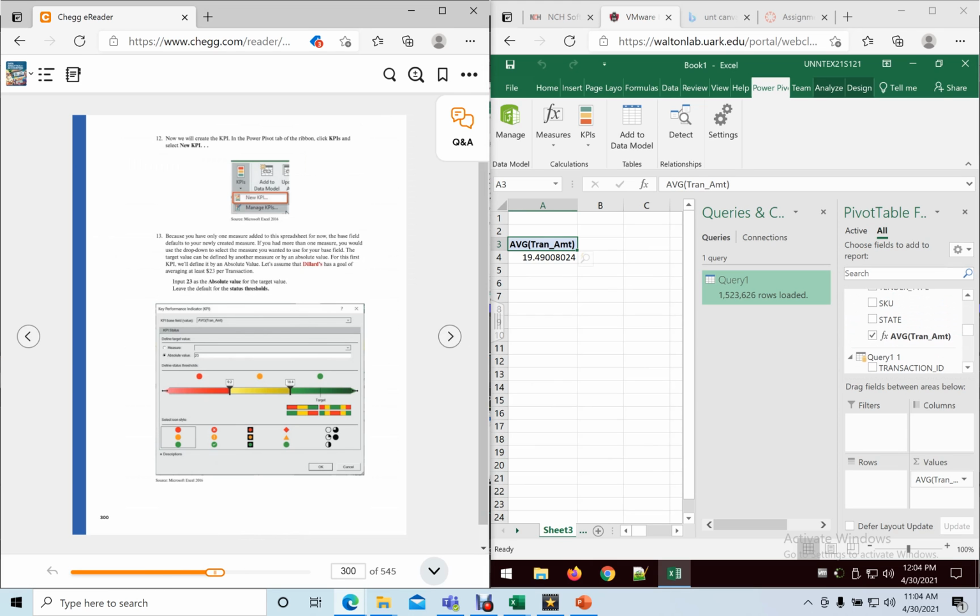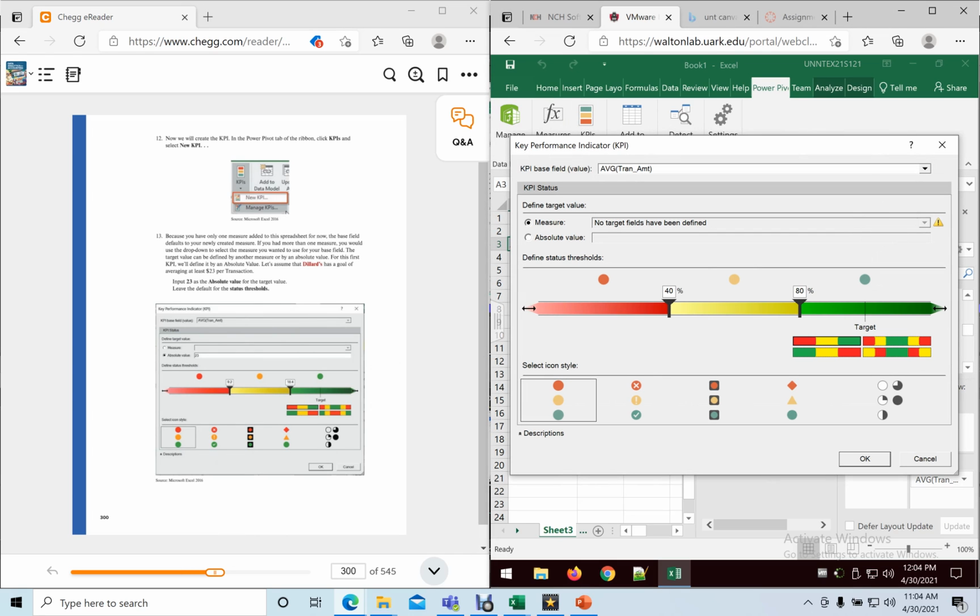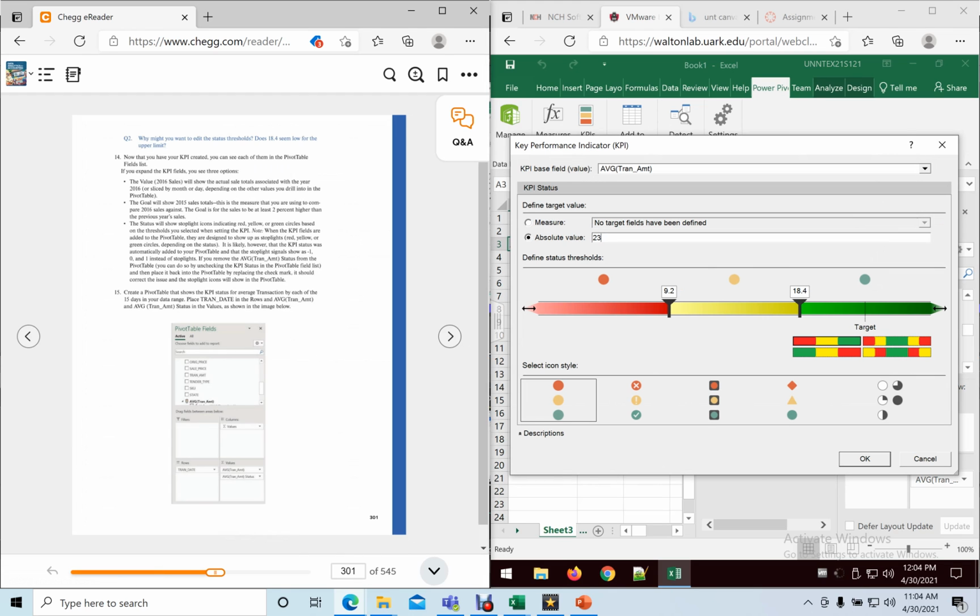It's already been added. Now we create the KPI in the Power Pivot table. So we'll do KPIs. We're gonna do new KPI. Go set the absolute value 23. Awesome. I'm gonna leave it like that. Status is